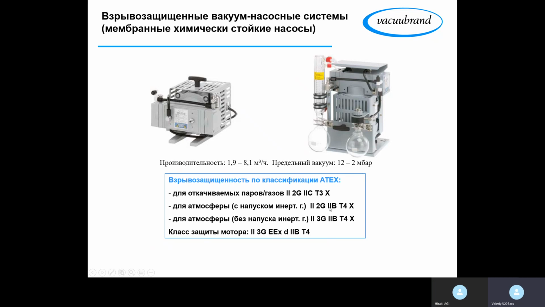I don't know if you're familiar with the protection classes, but in most cases, first of all, you need to take a look at the temperature protection class. So once you have the T3 protection,